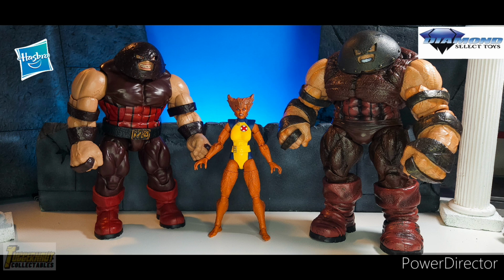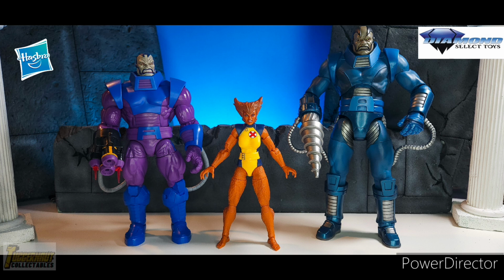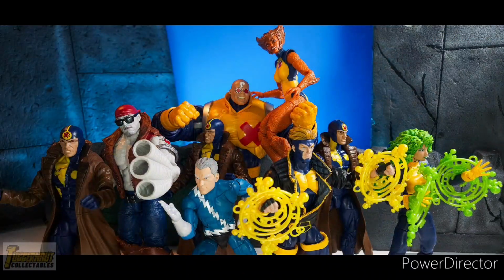For a 6-inch scale versus 7-inch scale size comparison, we have the Marvel Legends 6-inch scale Build-A-Figure Juggernaut, and we have the 7-inch scale Diamond Select Toys Marvel Select Juggernaut. Next we have the Retro Apocalypse from Marvel Legends 6-inch scale, and then the 7-inch scale Marvel Select Apocalypse. Hope this size comparison helps you decide whether Wolfsbane will fit in with your 6-inch scale figures or